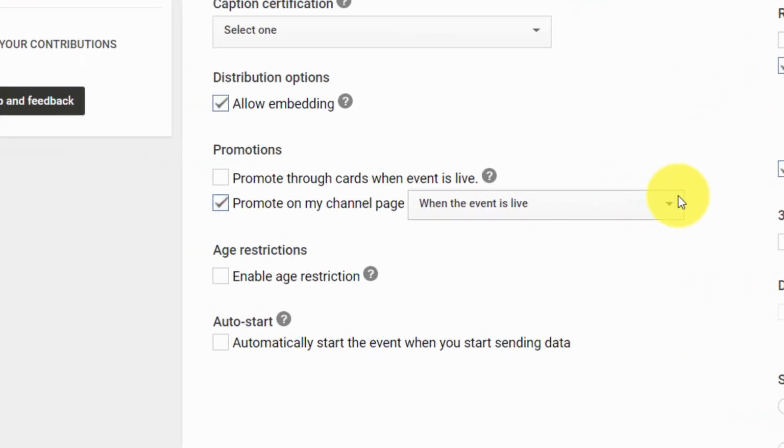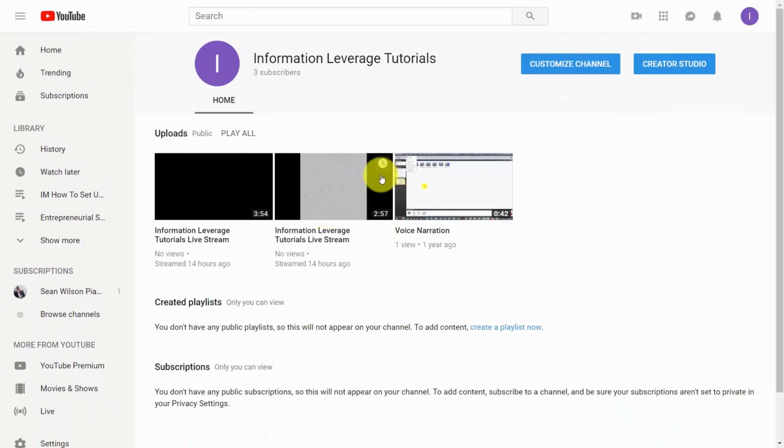Now, the other link you can share is going to be available to you when you have this setting enabled inside of your live stream, and that is to promote on my channel page when the event is live. That means then that if you're sharing your channel page, the individual will be able to watch your live stream